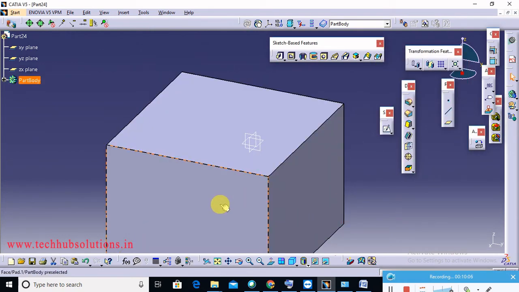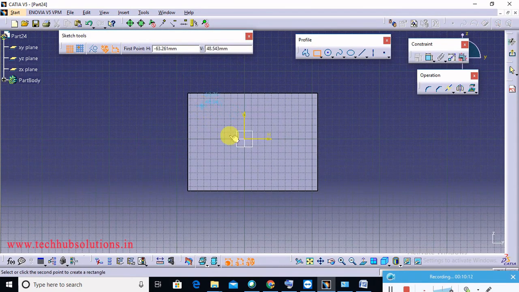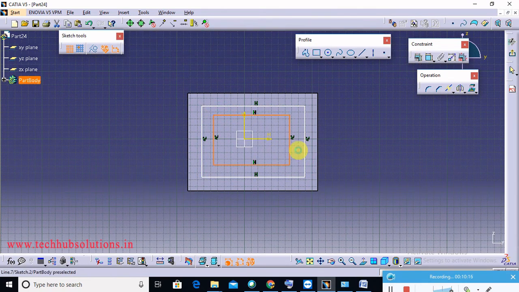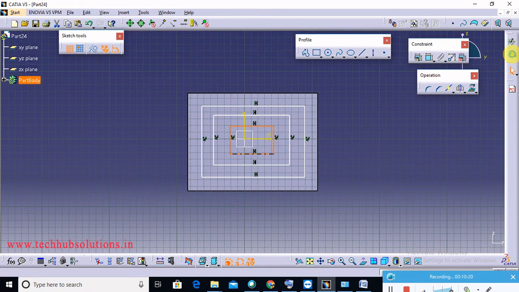So now this one is 200. Select this surface and go to the sketch, fit all in option. Suppose create many closed sections just like pad. Okay, then exit workbench.